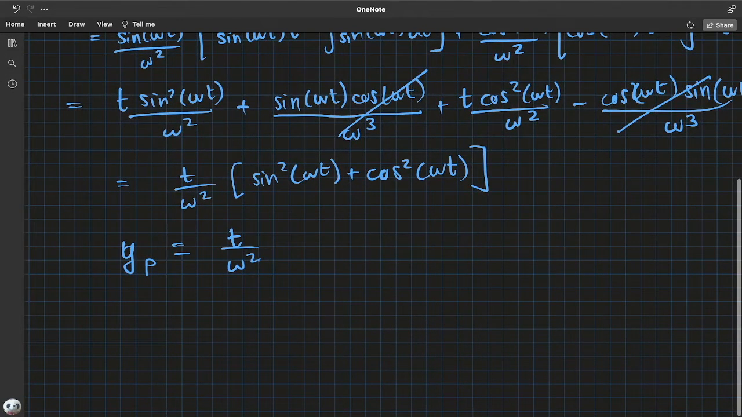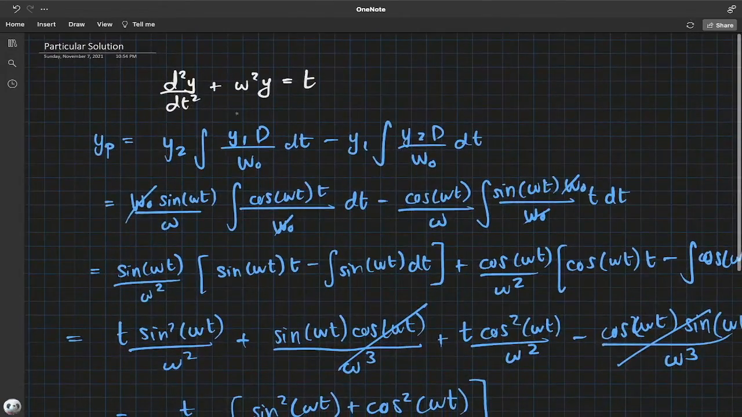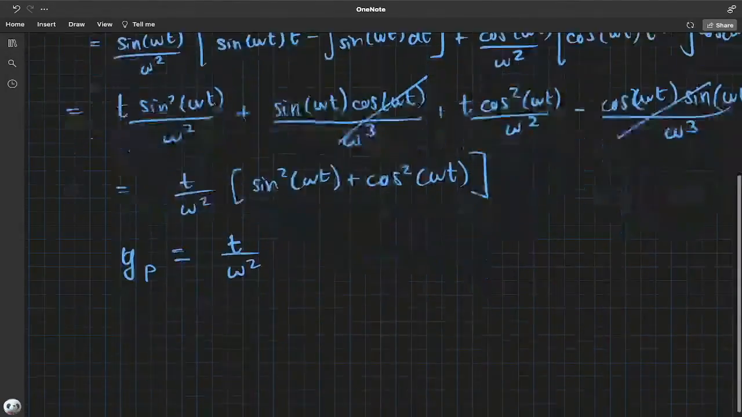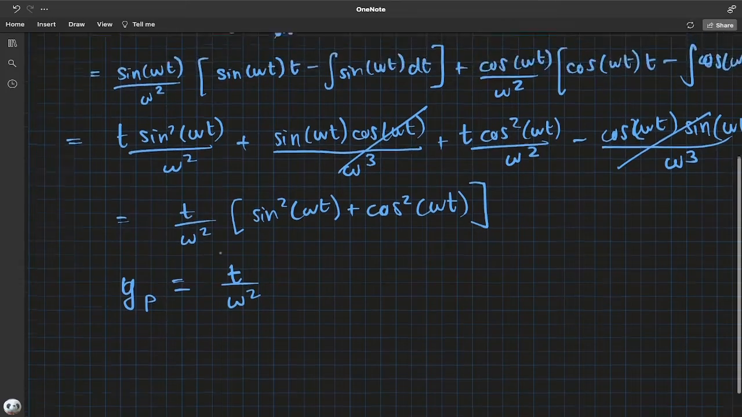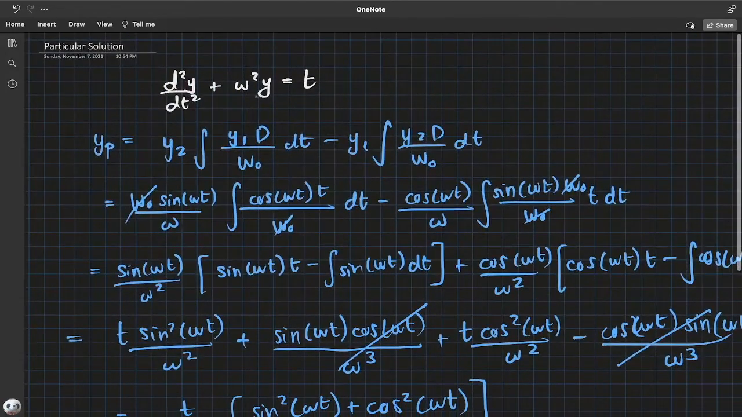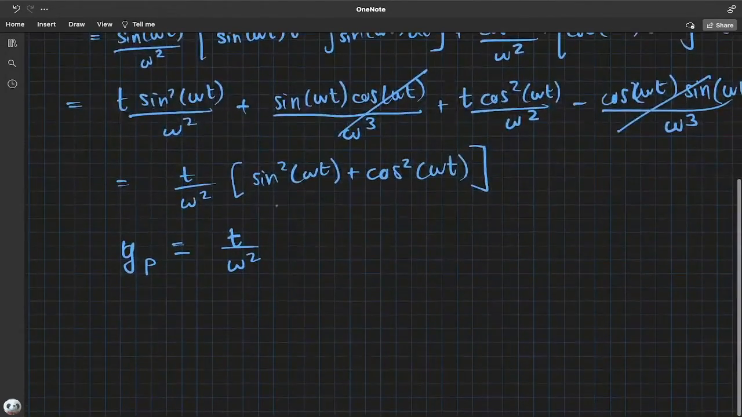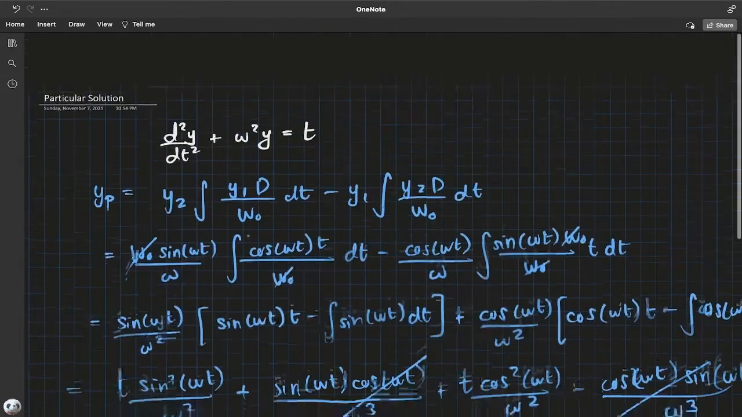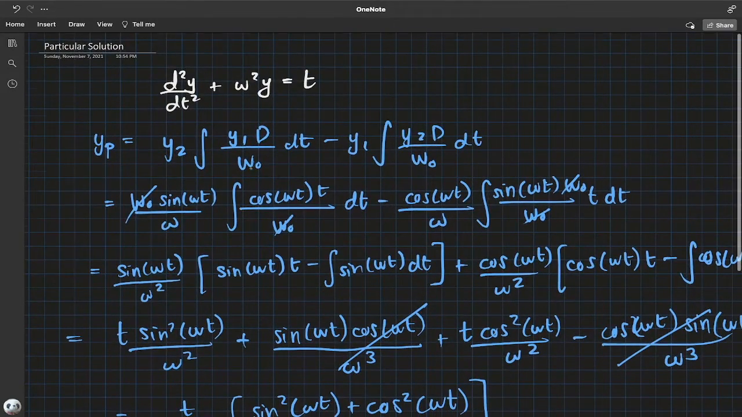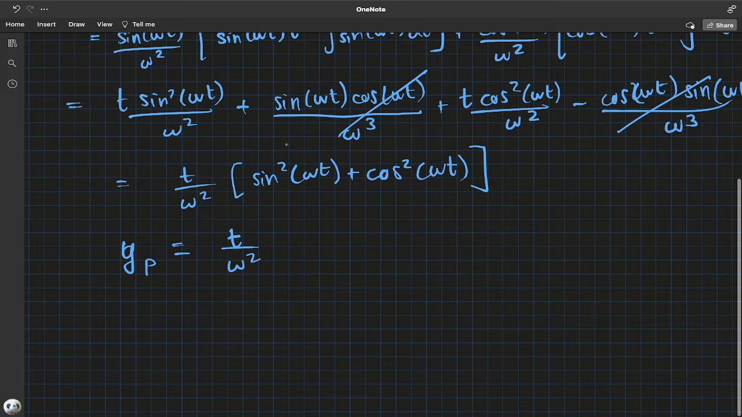Okay, and you can try to plug this in. If you plug this in, the second derivative of this is 0 because t is linear. Omega squared will cancel, so you have just t is equal to t, so it makes sense, it's satisfied. The most general solution is a linear combination of this particular solution